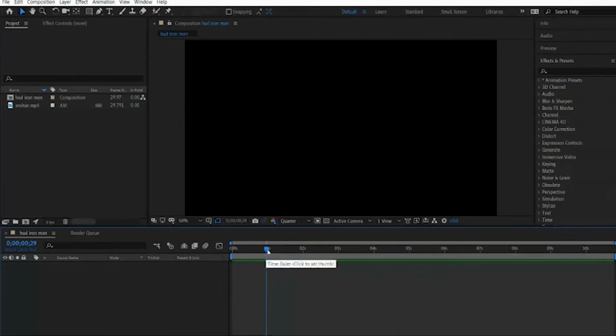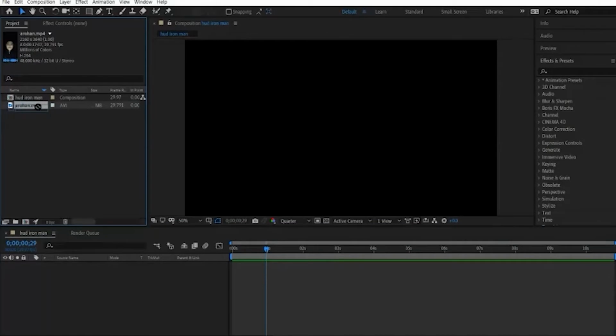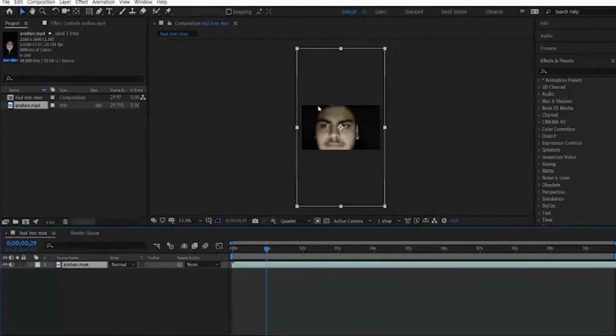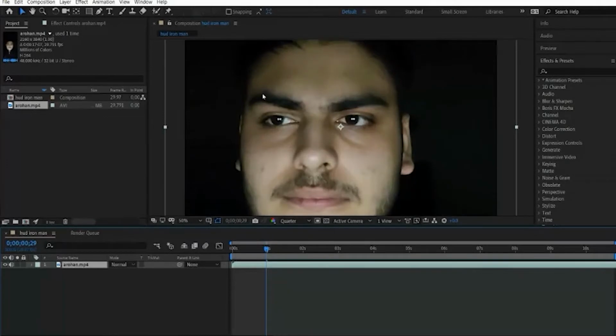So for a video to be in this timeline editor, we just need to drag it from the project window to this composition window. The thing you can see in the bottom left corner, this is the composition window. Just drop it here, and you can see it is being imported into the timeline.